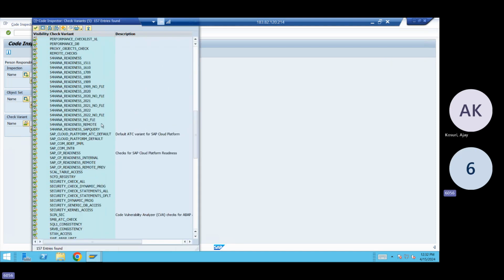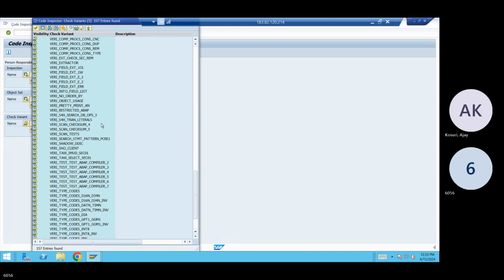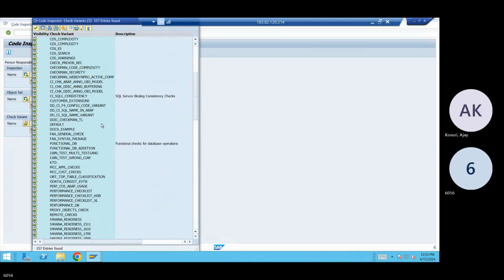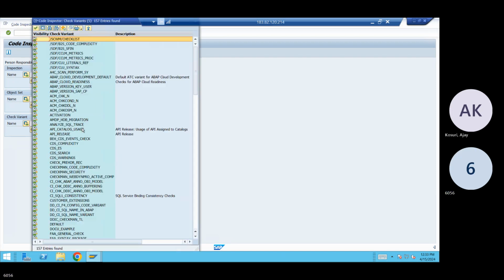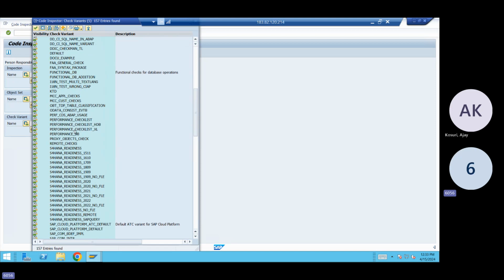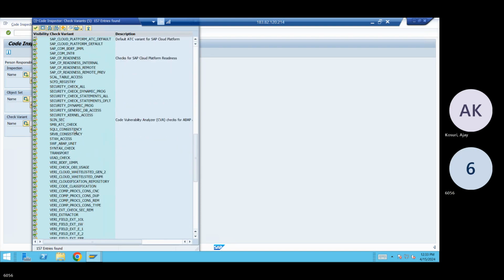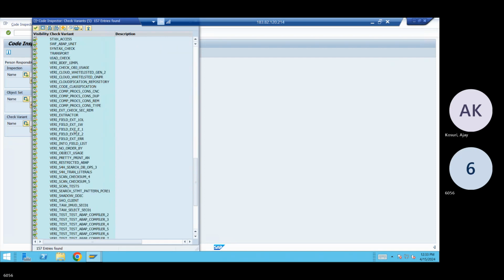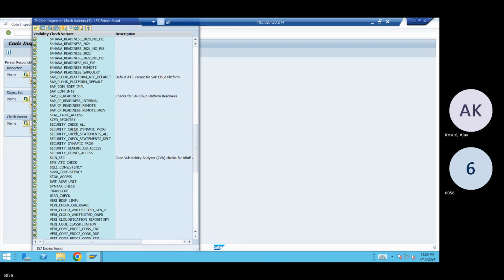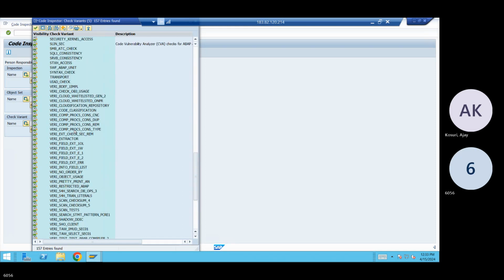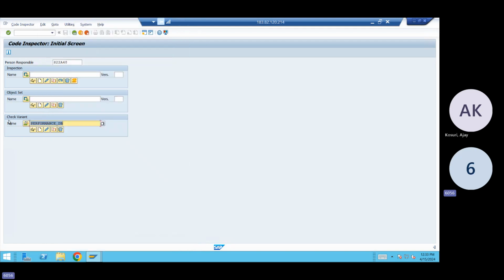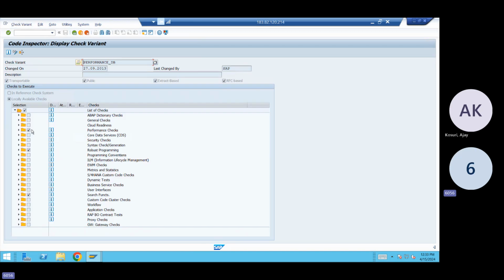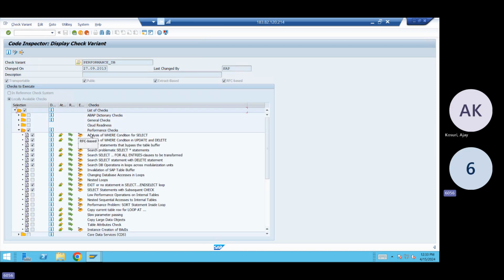So it has to show me technical DB too. So this is global. Let me go ahead and check with your local. Here you will have the performance DB. Yeah, sorry, not technical DB, performance DB. So on the performance of your code, let me click on this display, whatever the program checks it is having,